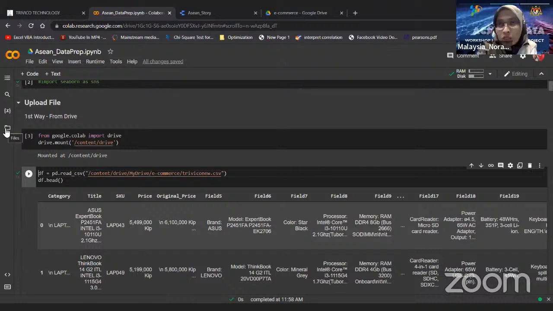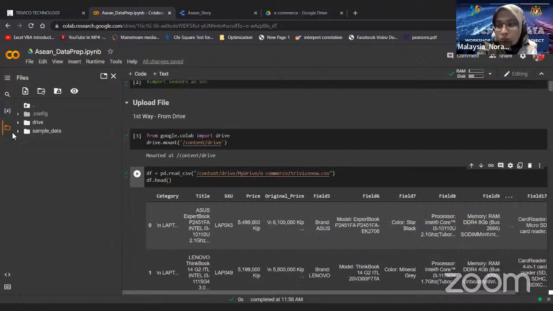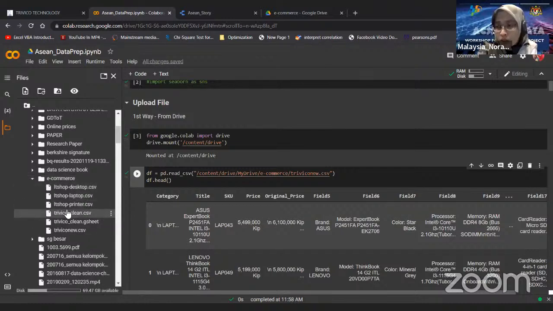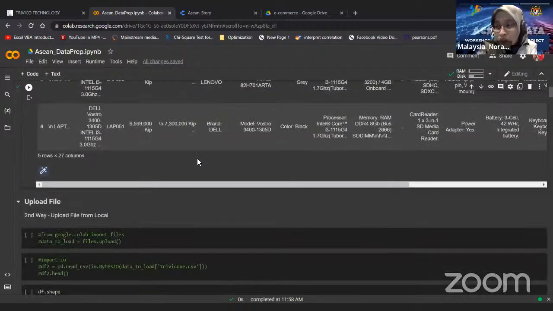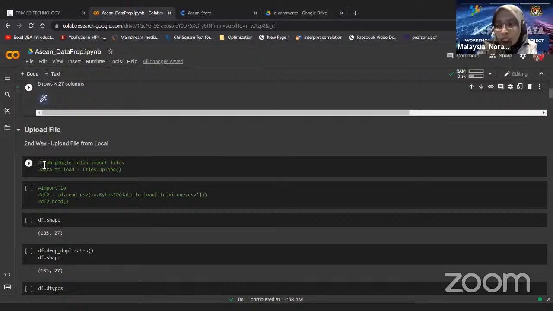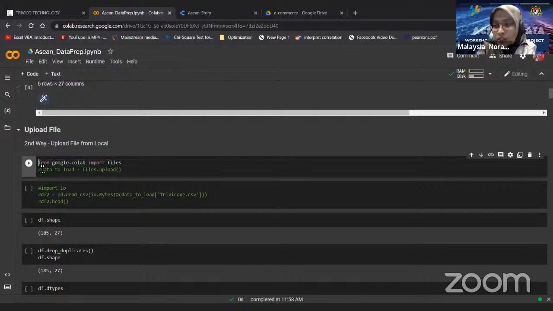From here, if you want to see whether the data has shown in the folder, just go to File, and then Drive, and then go to My Drive and see where your data is. This is the data for me, Trivico News. This is one way to import the data. The second way is to upload from your local. I just commented it out because I don't want to upload it from my local. So if you want to upload from the local, just uncomment it and run these two